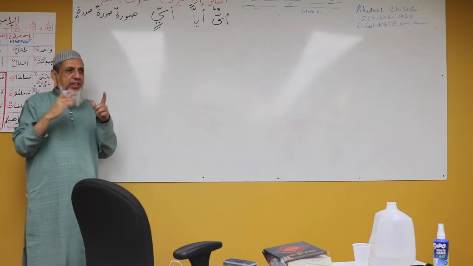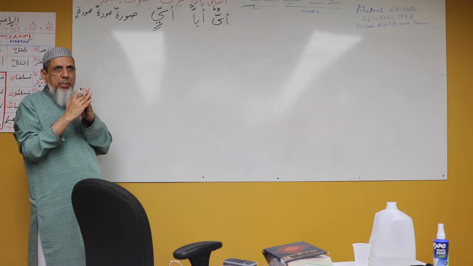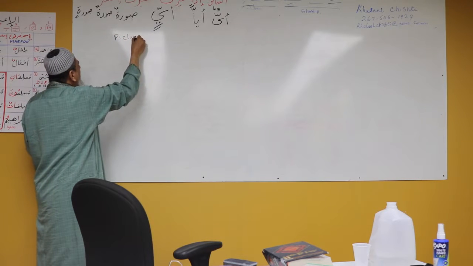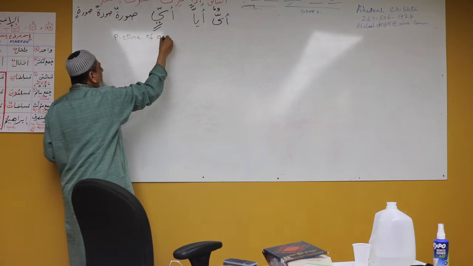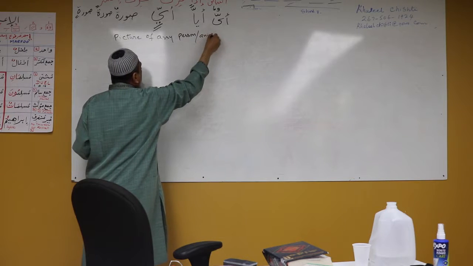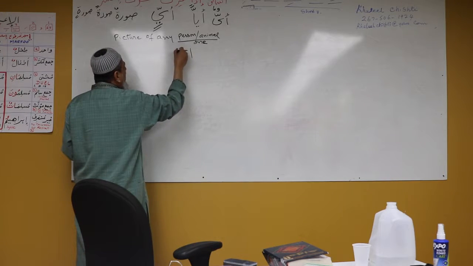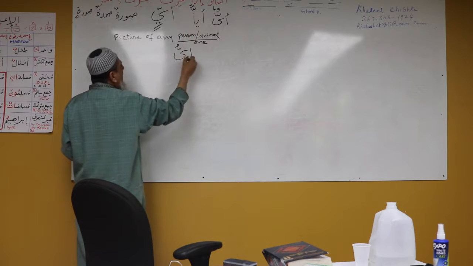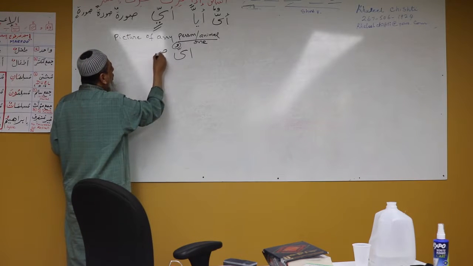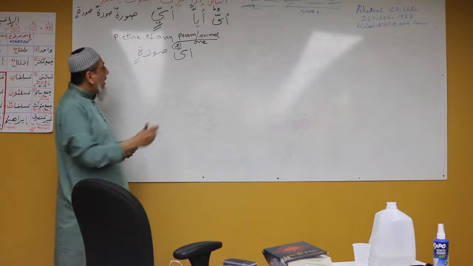So any picture, you join these two words. Picture of anything, picture of any person or any animal or anyone. Picture of anyone. So ayyu. What we do, we make it khafif, ayyu, instead of ayyun. Khafif, one only. Lighter. And surat will become suratin. Fi ayyu suratin. But if you add fi to it,